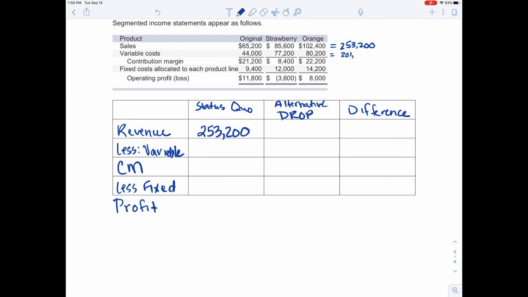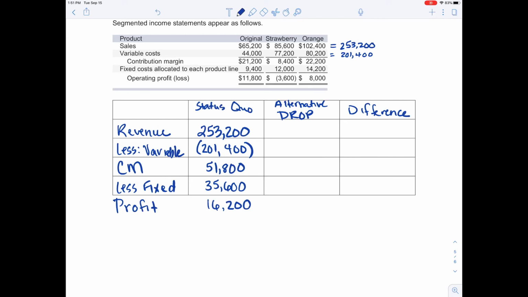This equals 201,400. Then I take my sales minus my variable cost to get my contribution margin. Subtract out those fixed costs. Just by adding up each one of those, I get to 35,600 to give me a profit of 16,200. So you can see if I look at this in total, I am still making a